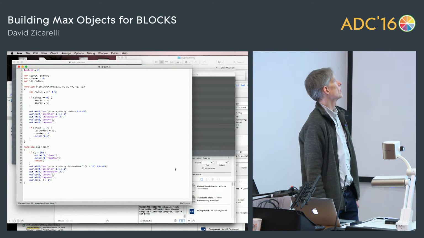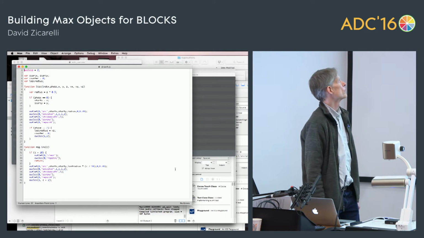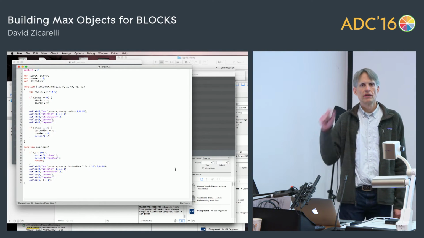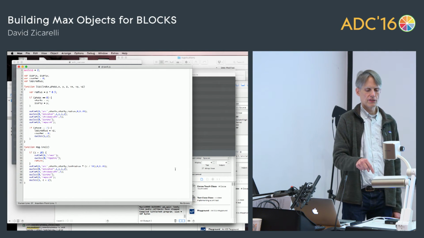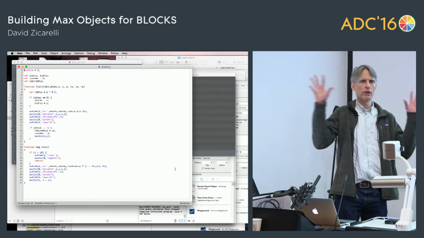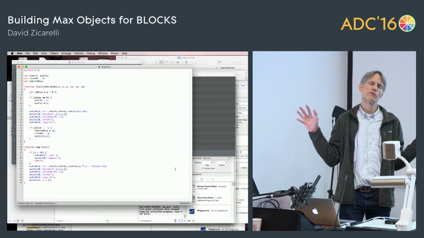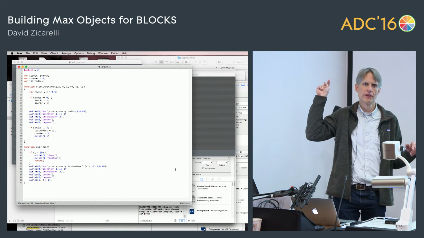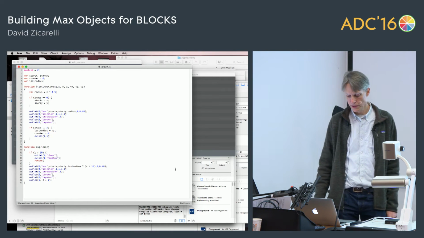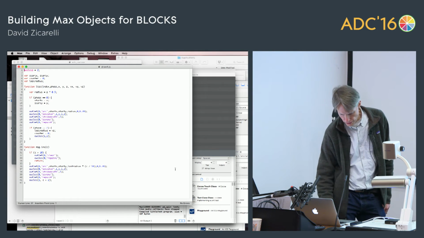So basically, we're just making an arc here, whose radius is controlled by the touch, how hard I hit it, and then it'll explode after I release the finger, and the amount of the explosion is how fast I lift my finger off the surface. So let's see if that works.